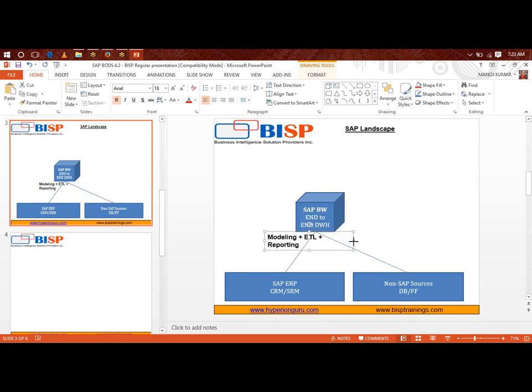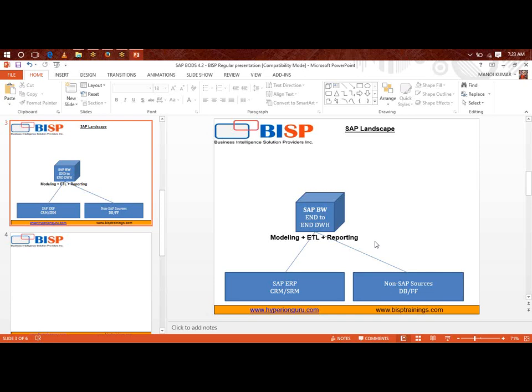In this end-to-end data warehousing, the modeling feature is robust, the ETL feature is robust, but the reporting feature inside the BW is lagging, not up to the market scenario. All the clients using SAP BW were forcing SAP to enhance this part of the solution. As a result, what SAP did,